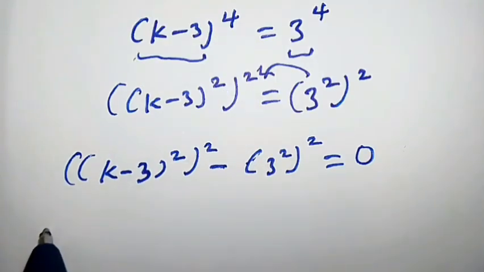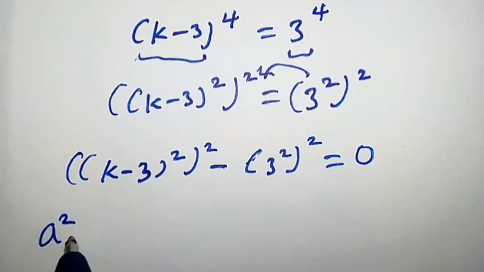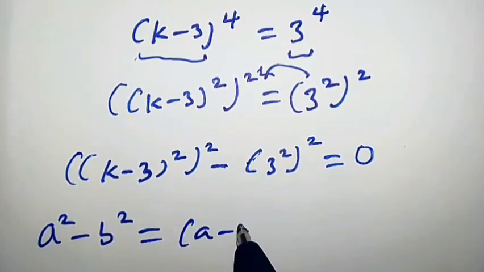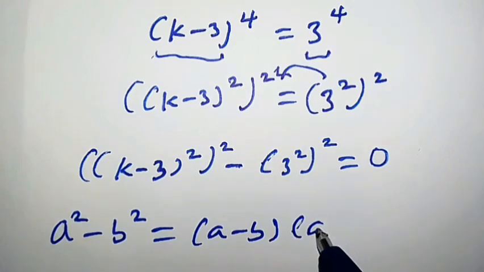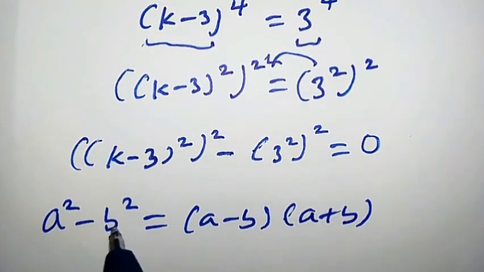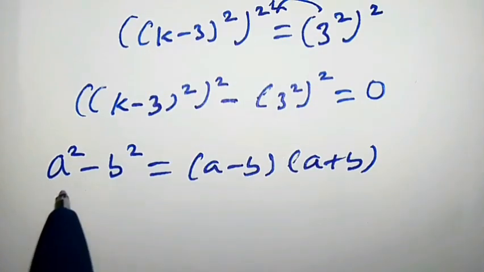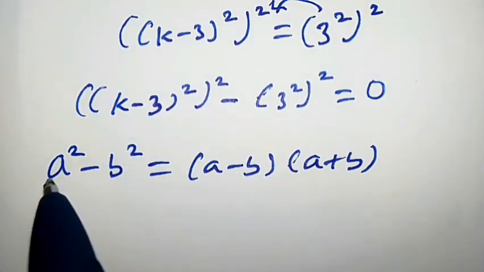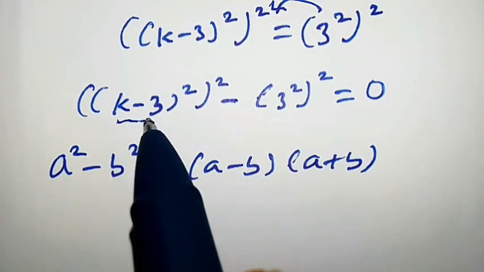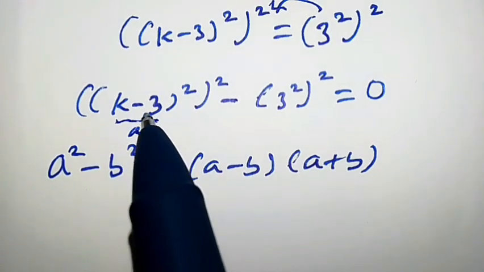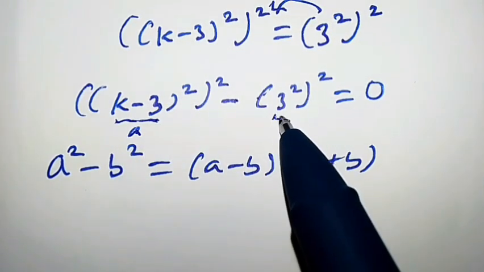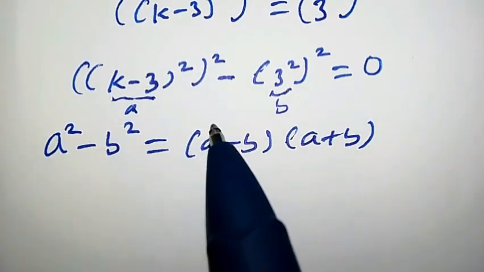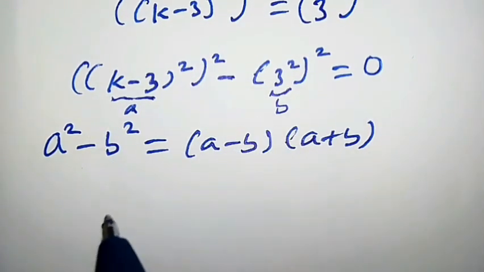Recall that whenever we have a to the power of 2 minus b to the power of 2, it is the same thing as (a minus b) times (a plus b). Take note of this property. By comparing this left hand side with this left hand side, you will notice that our a is all of this, (k minus 3) to the power of 2, and our b is 3 to the power of 2. By substituting the value of a and b into this right hand side, we are going to have